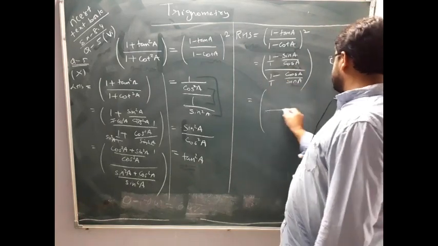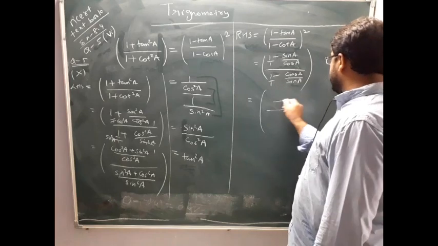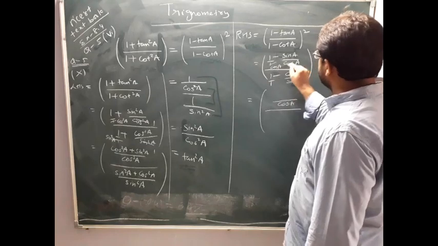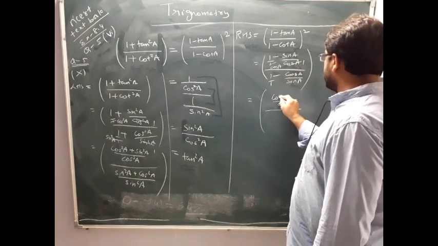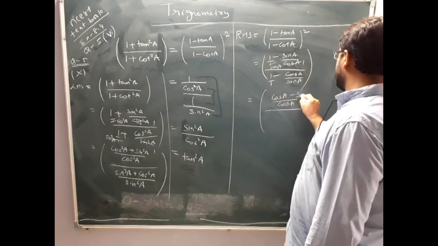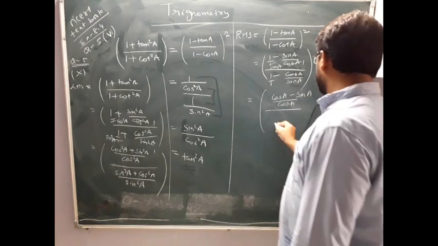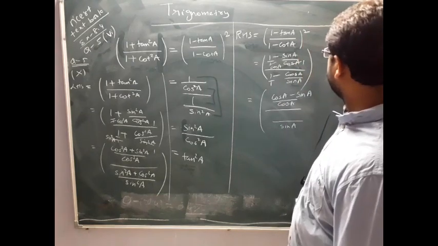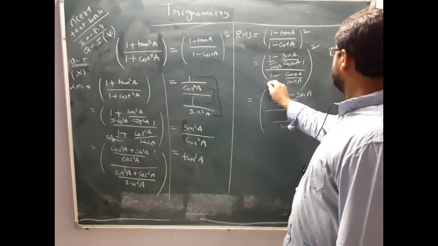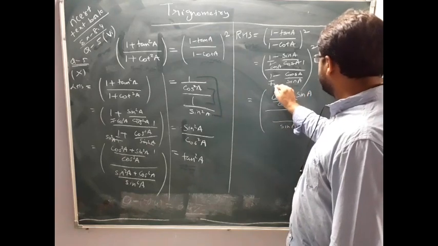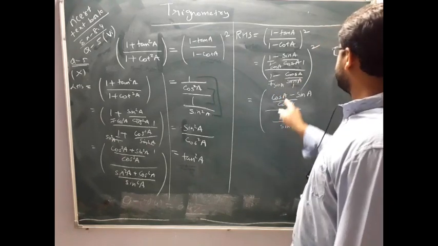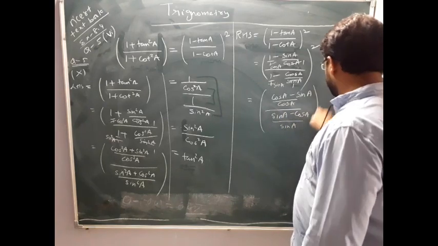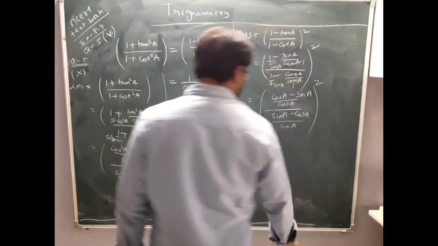Okay, here I will solve first this long line. Here I will take the LCM as cos A. 1 cut means cos A here, and cos A times 1 is cos A. So cos A times 1 is cos A minus sin A times 1 is sin A. Clear? Here also the LCM will be sin A. Whole square. So here sin A, here 1. Sin A times 1 is sin A minus cos A. So the whole square. Clear? See here.